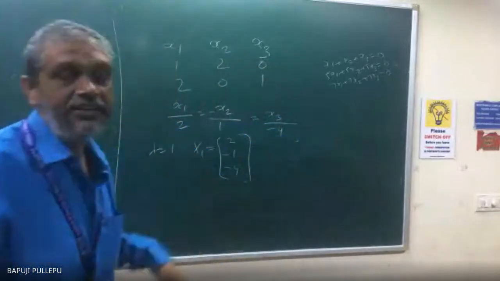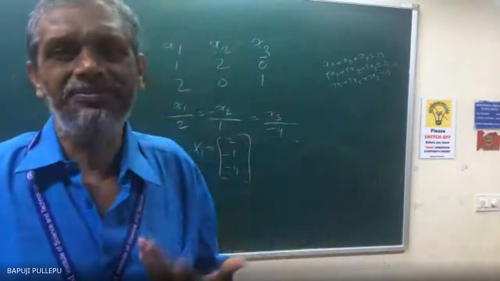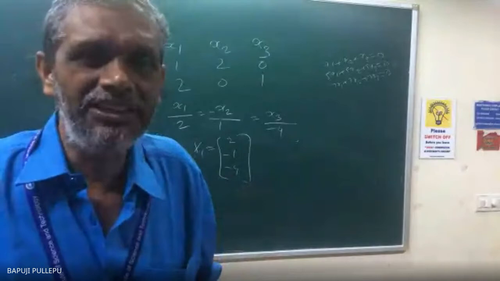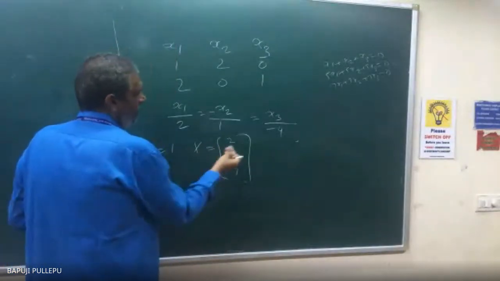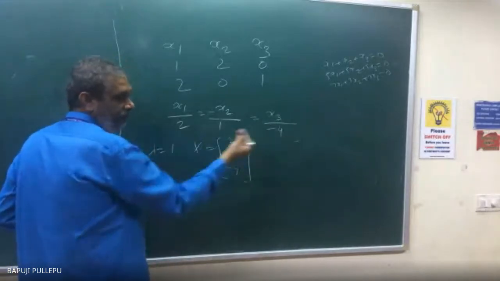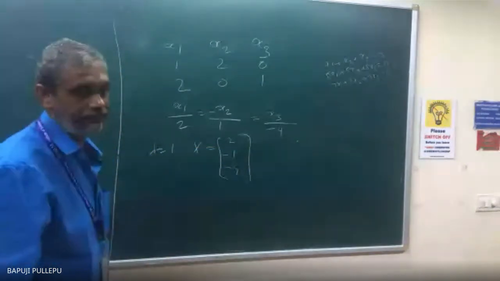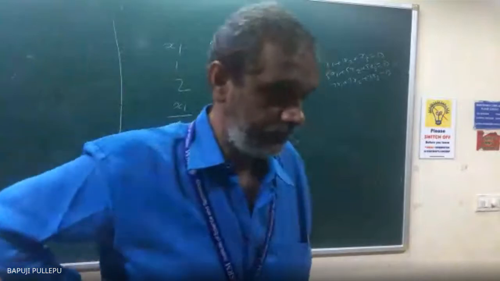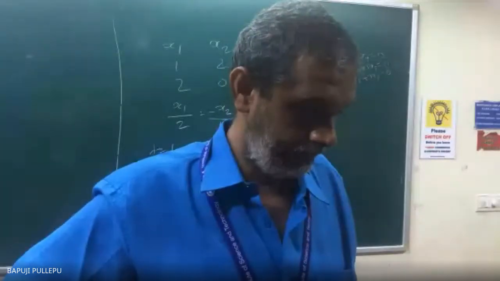Okay, when lambda is equal to 1 means what? Just I am calling x1, otherwise you can call x only if you confuse. When lambda 1 is equal to x, you can call, because eigenvector is this fellow. When lambda is equal to 4, eigenvector is a different fellow. When lambda is equal to -4, eigenvector is a different fellow. Getting or not? Any problem? No problem, sir.